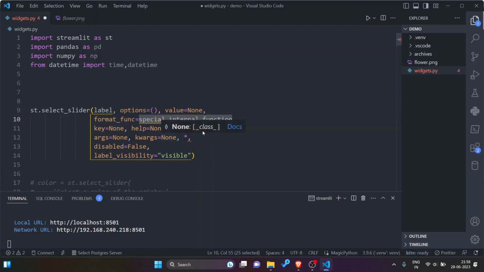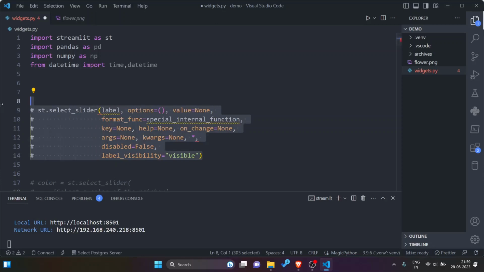Key, help, on change, a function which we can call selectively to perform some actions on selection of this slider, and then args and kwargs are optional arguments passed to this on change function, which we can call on the on change event of this select slider. Then disabled and label visibility. So let's try one example.